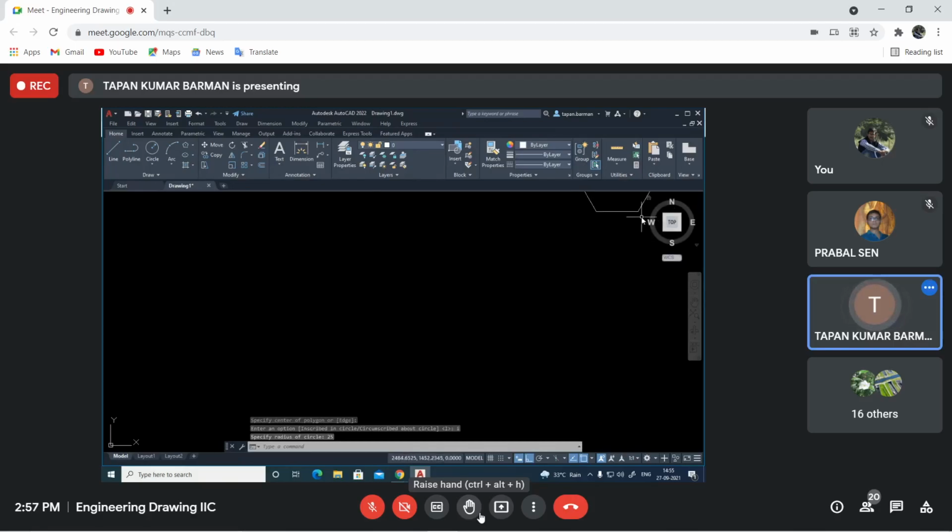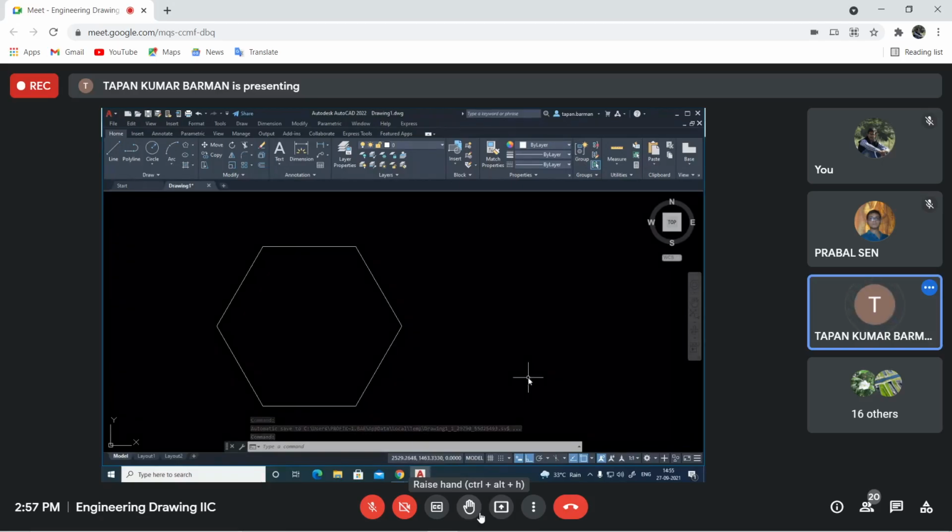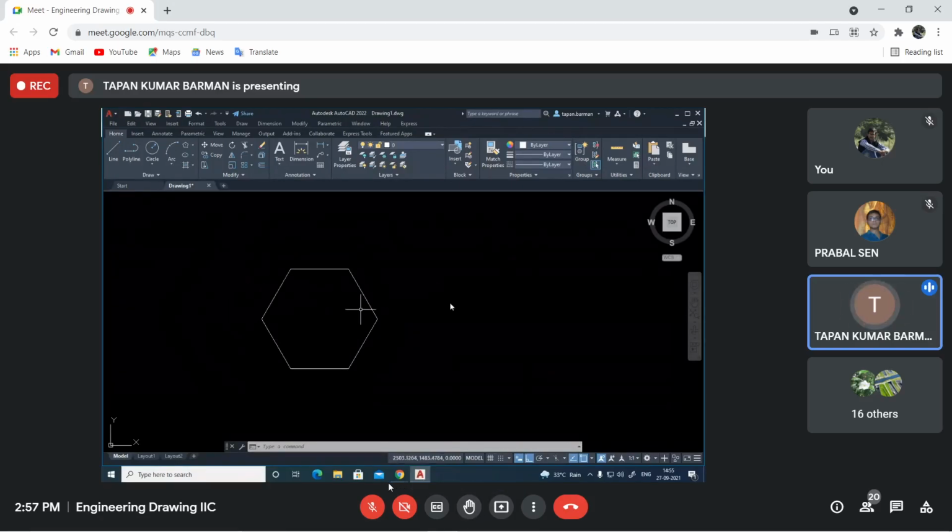I am enlarging it. So this is my polygon using the inscribe option, and the radius of the circle is 25 millimeter. Remember this.